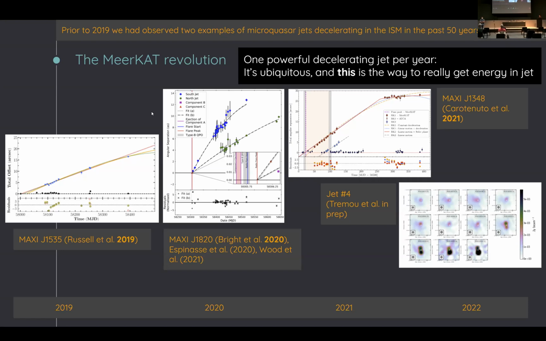Okay, there is Francesco that has one point. Sorry, this is more a general question for everyone. Since we still don't know the composition of this ejecta, which observations would be preferred or useful for understanding the composition, whether it's electron-positron plasma, or whether there are protons? From the side of AGN, I can tell you that we are not in a better position,